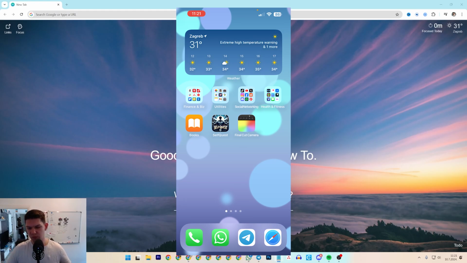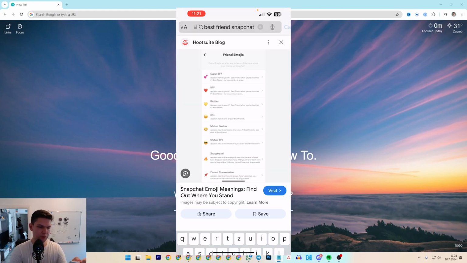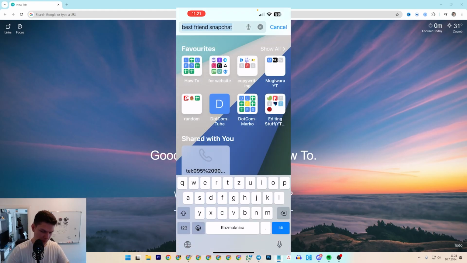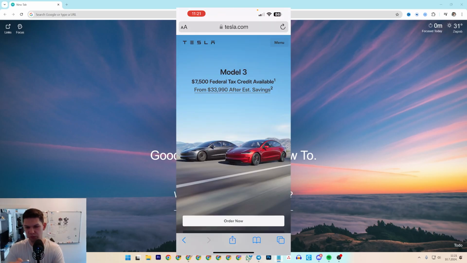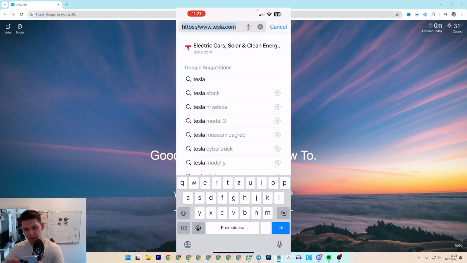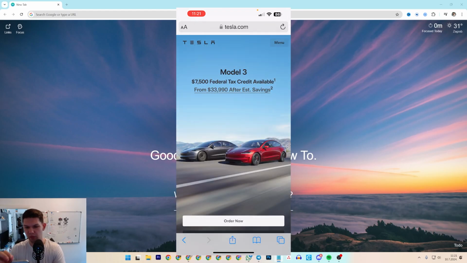You can do this with Chrome, Safari, whatever browser you are using. You basically want to go to Safari. Let's just open up any website. You can see it has this lock button, which means the site is safe. And you also want to look for HTTPS. If it doesn't have the S, then it's not secured, and in general you don't want to open only HTTP